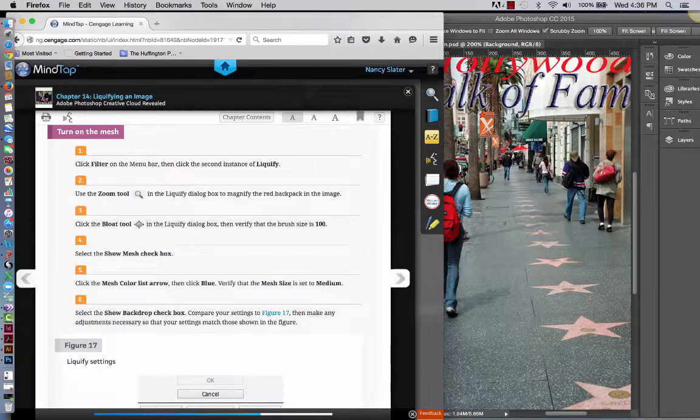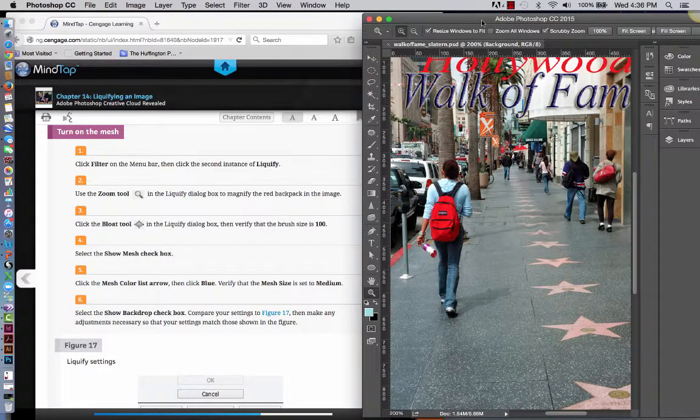Okay guys, I'm back and we are in Adobe Photoshop CC and we're working in chapter 14 of our textbook Adobe Photoshop Creative Cloud Revealed. We're liquefying images in this particular chapter, and on this exercise we're going to work on using the mesh while liquefying. So without further ado, we are going to go to Filter on the menu bar and click the second